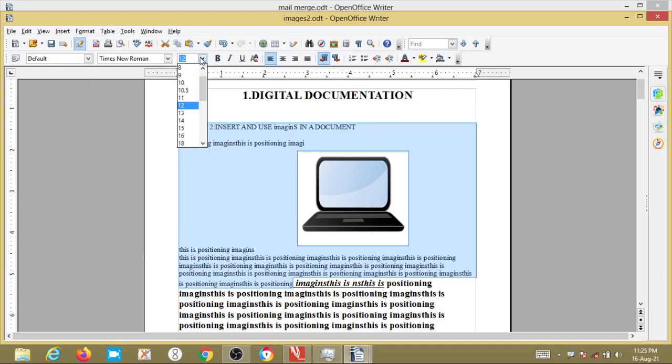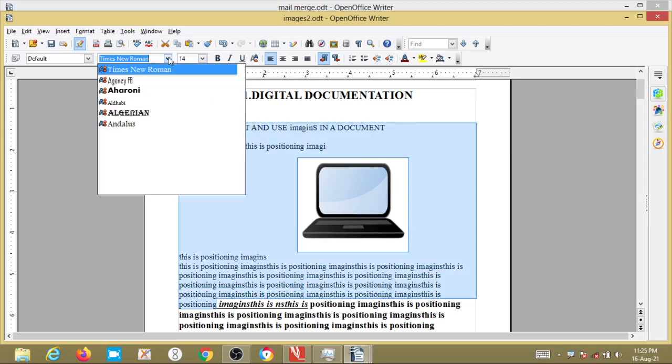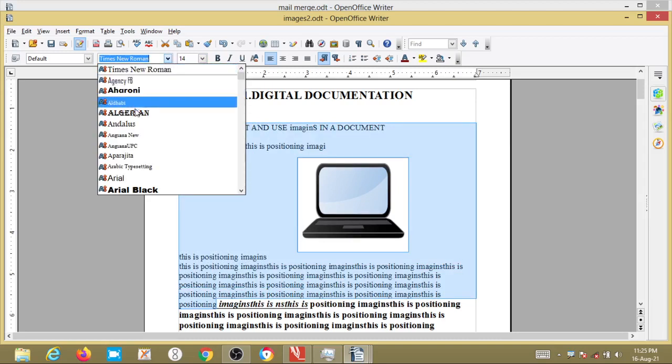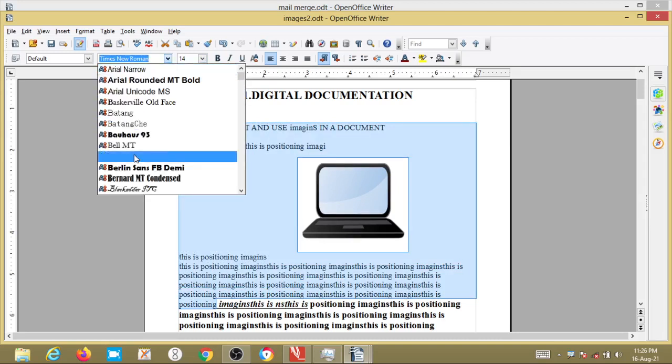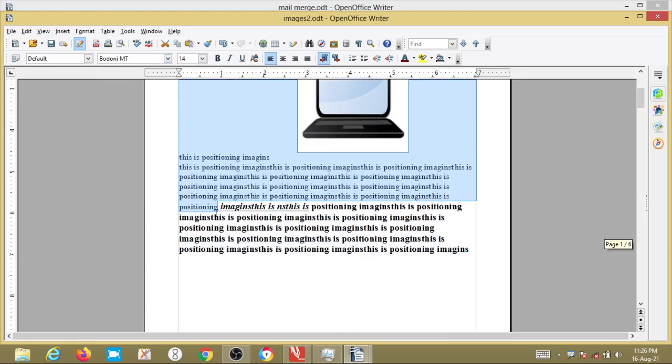There I can go to text size and select whatever size I want, or I can select the text style. Suppose I'll give body text. So this is the spacing or text styles.